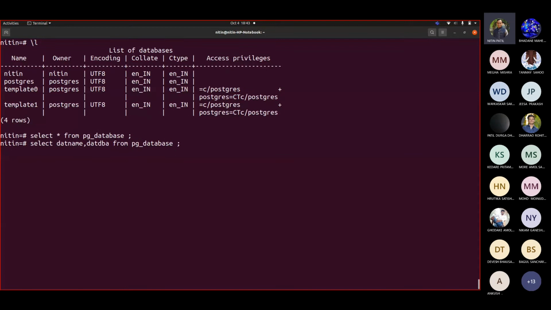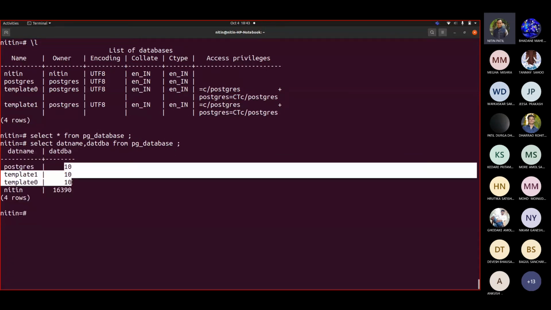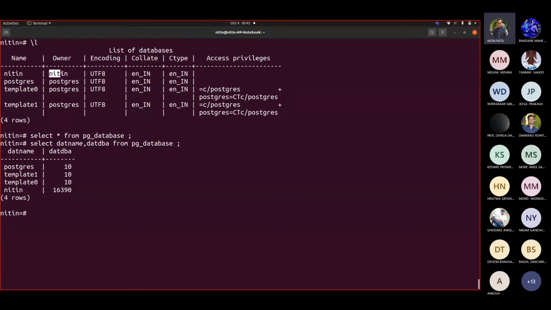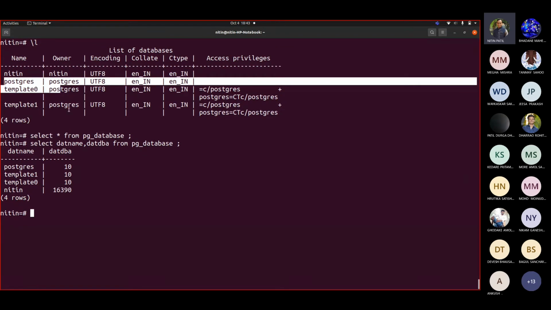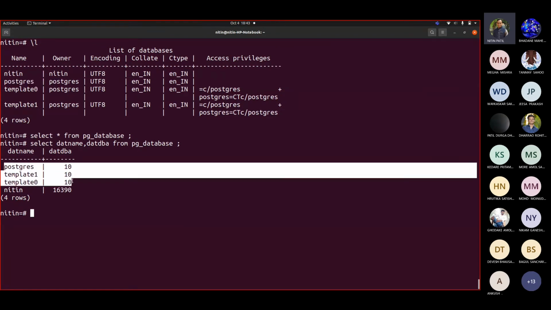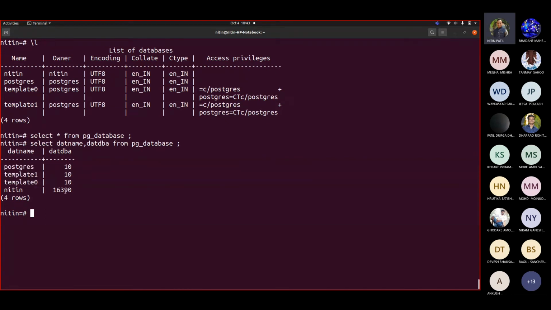Now you will see these are the numbers. Here we got names: Nitin, Postgres. This Postgres, template0 Postgres, template1 Postgres got 10. That means Postgres is associated with this number. It can be a roll number for a while for us. Correct? This 16390 is this Nitin.